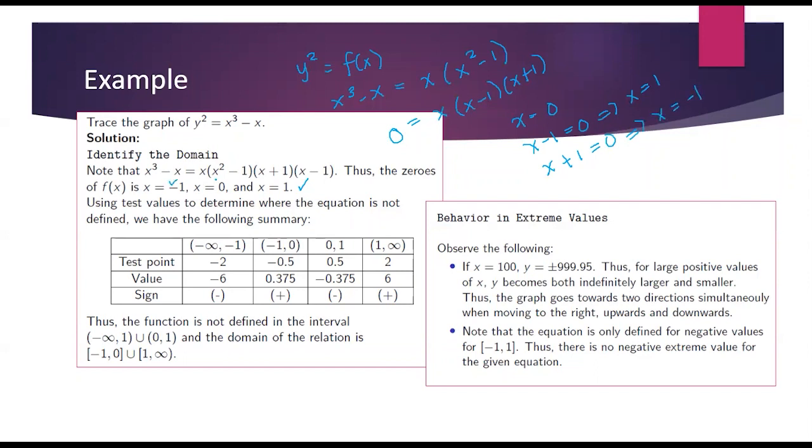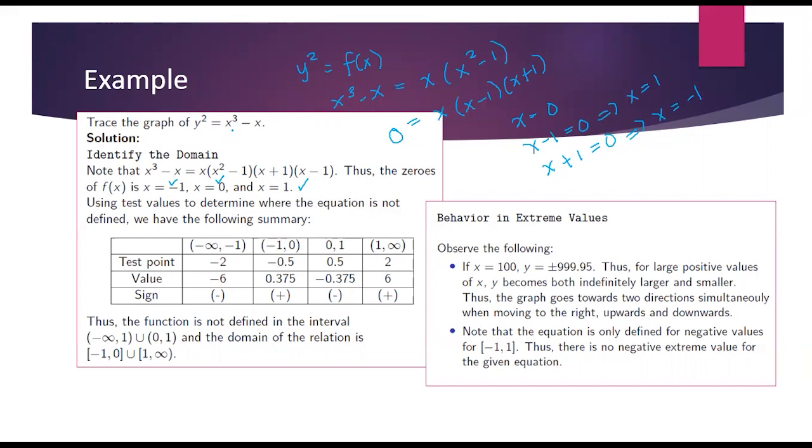So you have 3 boundaries here: negative 1, 0, and then we have 1. So when you substitute this in our equation, your y here will give you a 0 value. Your goal here is to eliminate all the values that will make your y negative,